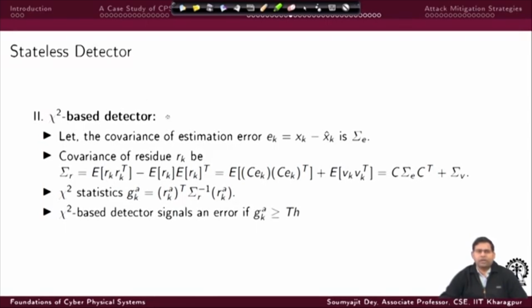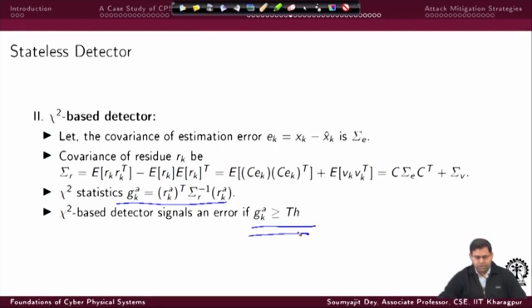Here we had a direct calculation, where there is this example of a stateless detector, for example, the chi-square detector. What it does is it calculates an estimation error, and the system would try to figure out whether some specific chi-square statistic, which is this g_k, is beyond a threshold or not. That has been the working principle of this chi-square threshold based detector. Now, what is this g_k? If you see,